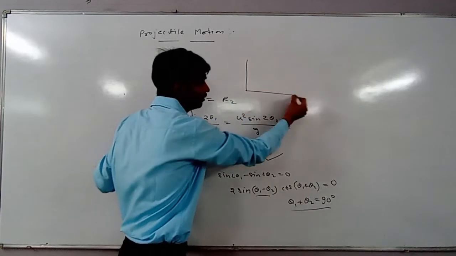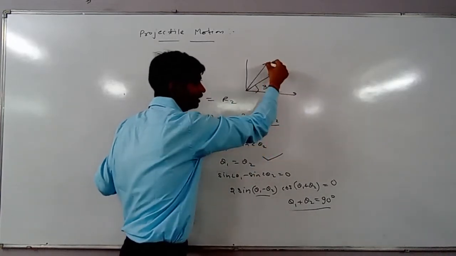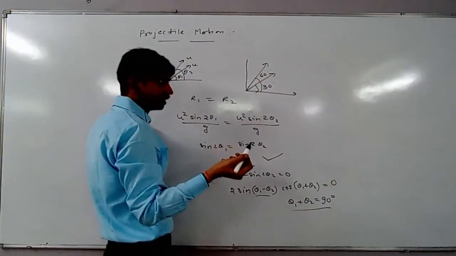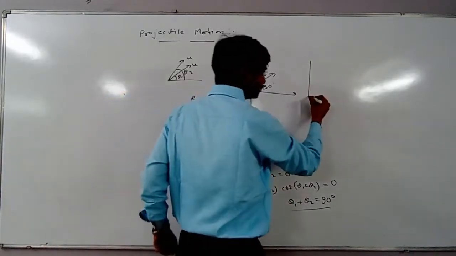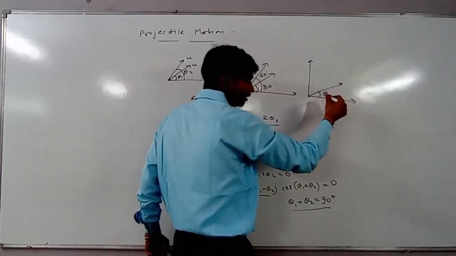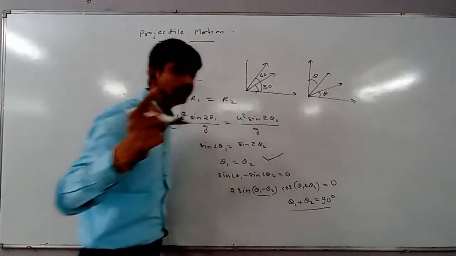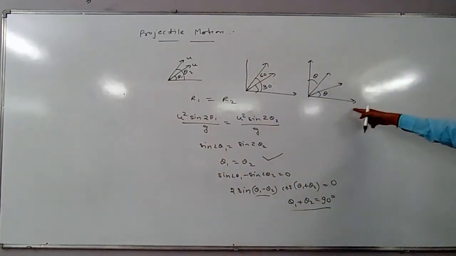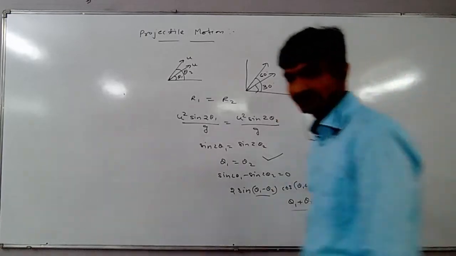It means if one projectile makes an angle of 30 degrees and another projectile makes an angle of 60 degrees with the same axis, like the horizontal axis, then they will have the same range. And if one projectile makes an angle theta with the x axis and another makes theta with the y axis, then also they will have the same range. Okay, because from the horizontal it will be 90 minus theta, right?